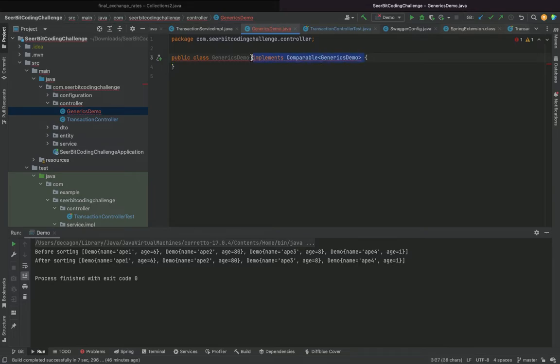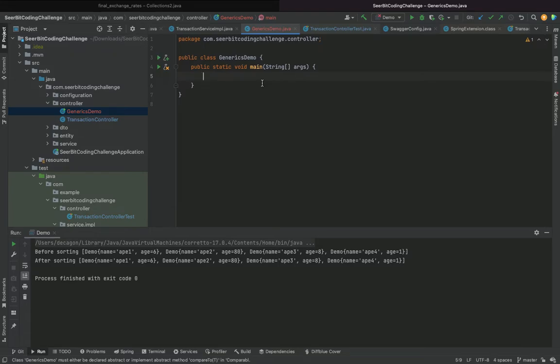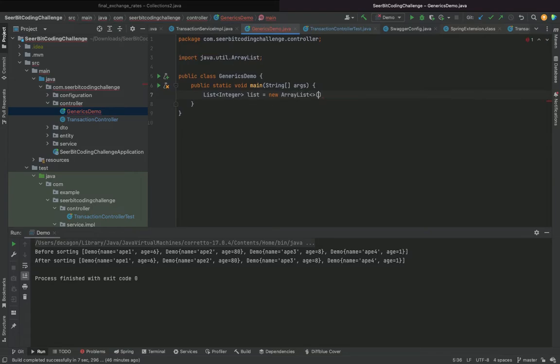That has this kind of thing. So what I want to talk about is the history of this thing and how it came about. And not just this, you've actually been doing it ever since. Let's say, let me write on my pad here. All the while we've been creating our list, we used to write something like this, a list of integers, and then let's say call it a list and new ArrayList. So this kind of thing, we'll be doing it all the while. So what we're covering today is why,